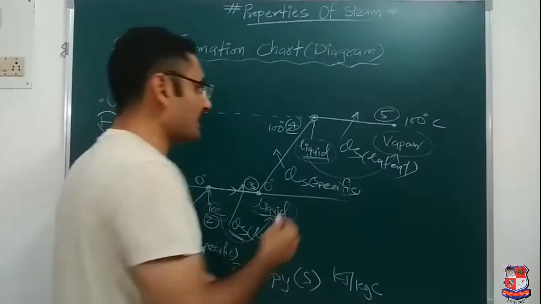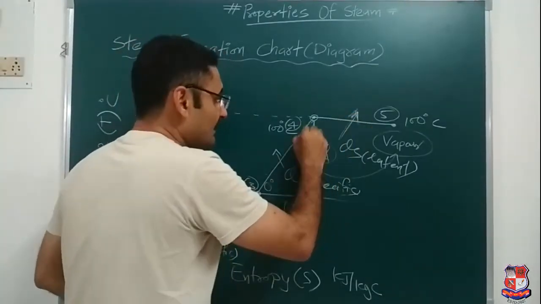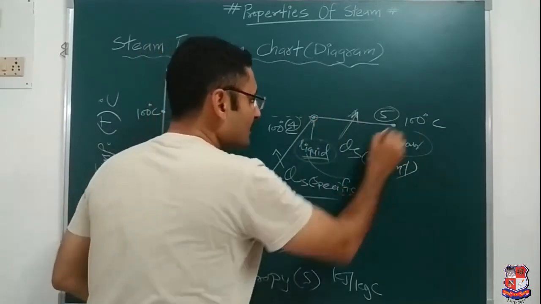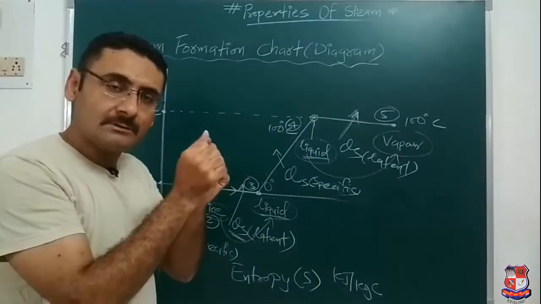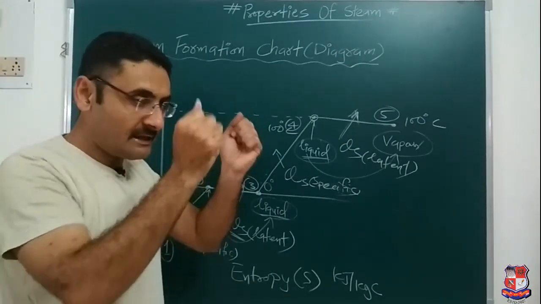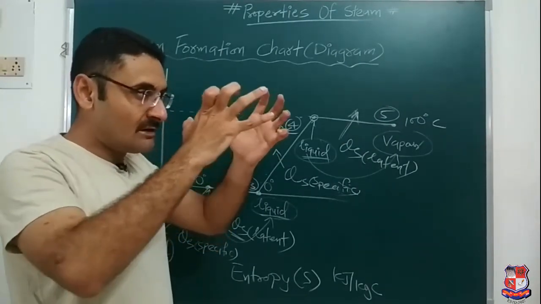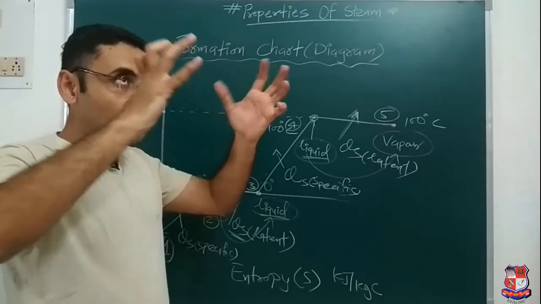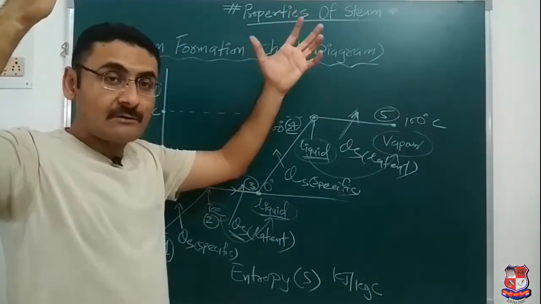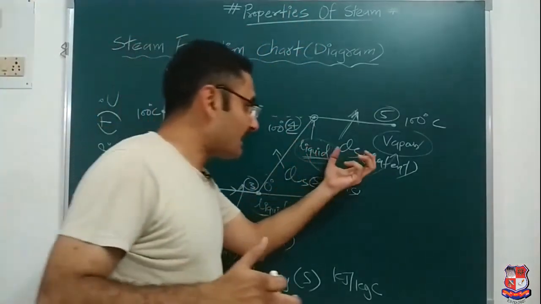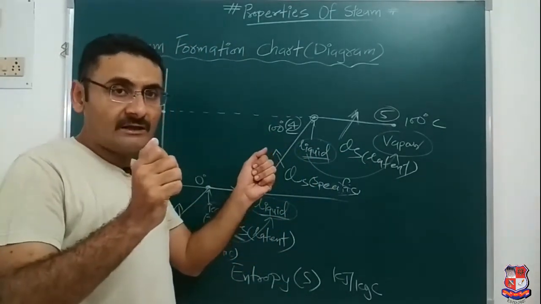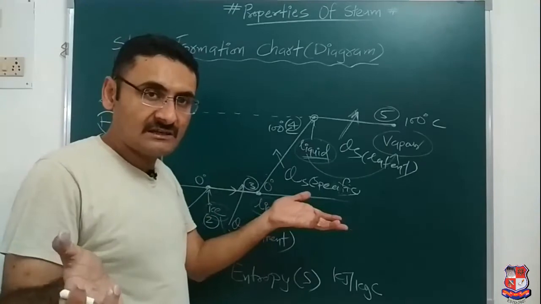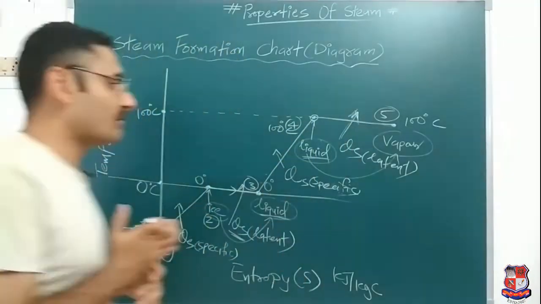Again a question may arise that latent heat is changing the phase, but we cannot see a temperature rise. Why? Because in a liquid there are bondings between molecules. If you break the bonding, only then will molecules move away from each other, and only then will they convert into vapor particles, and the phase will change. So that latent heat is used for what purpose? To break the bonds of the liquid. Then only it will change its phase. That is why we cannot see a temperature rise.